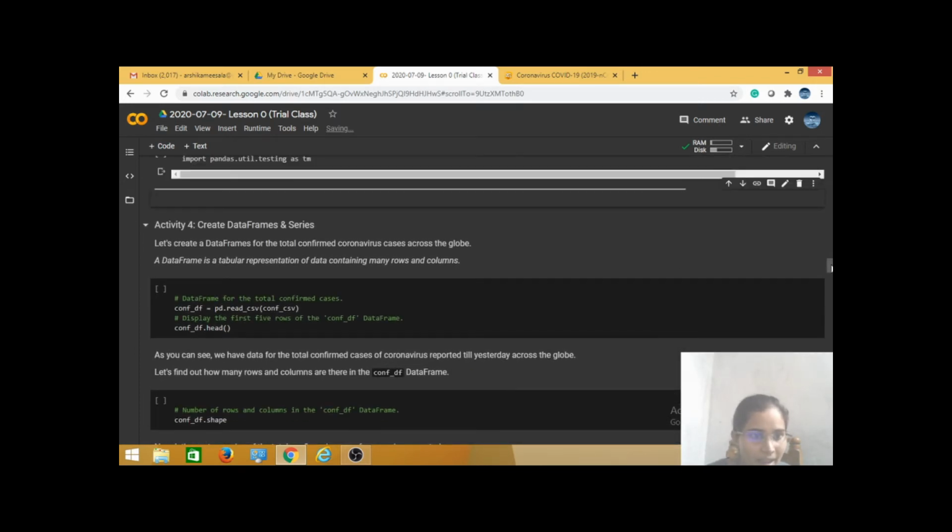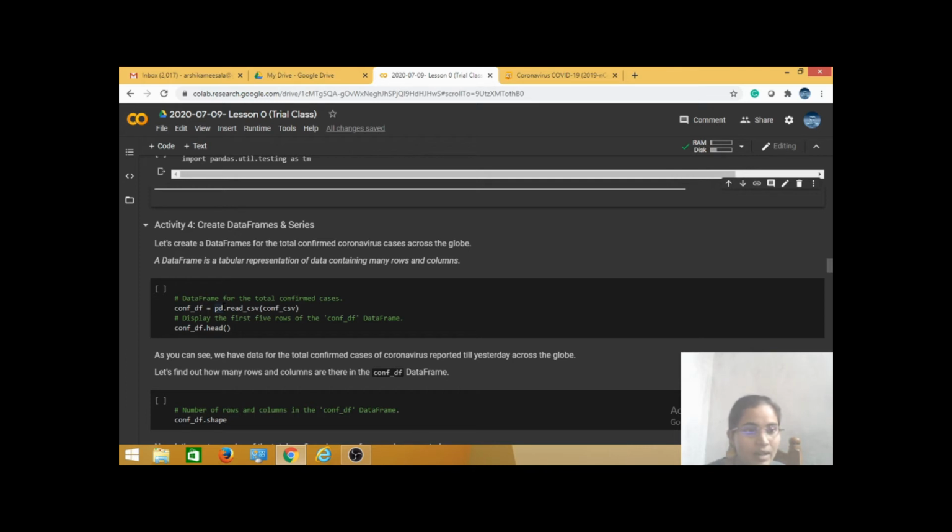Next activity I have is create data frames and series. Here I just want to access or display that data, whatever is available in that GitHub. That's the reason I am using confirmation data frame equal to pd, because I am doing the data processing.